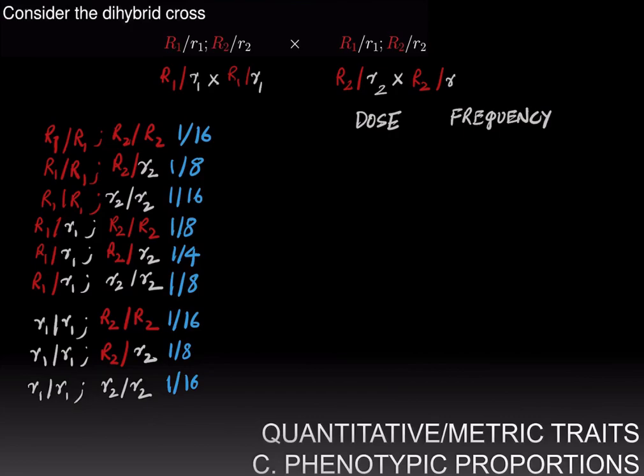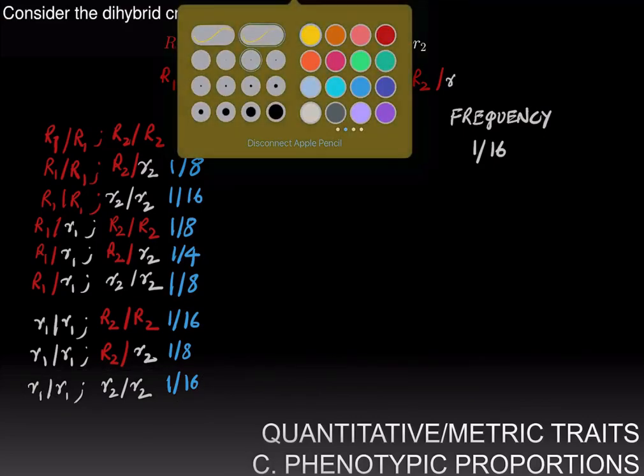And so dose 0 means there is no pigment making allele, so no big R's, and there's only one genotype which is homozygous for both the little r alleles, and the frequency there is 1/16. Then we could do dose 1,